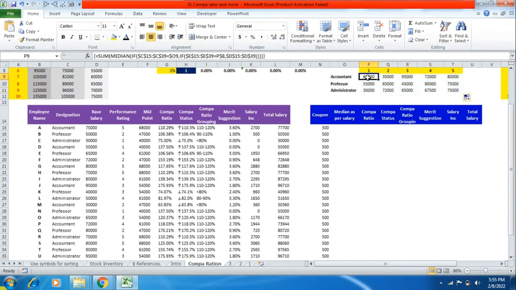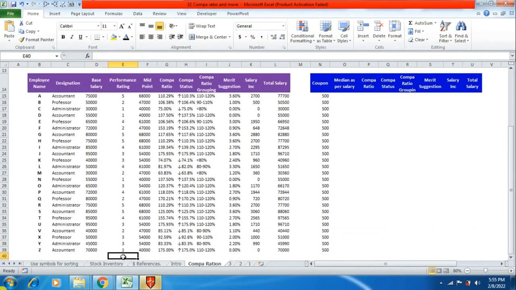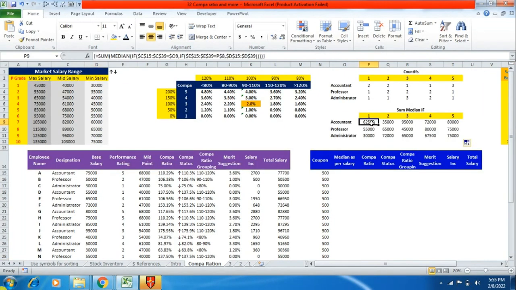How many accountants have got a rating of 1? Right now we see there is only one accountant over here who has got a rating of 1, and the other accountant who has got a rating of 1 should be over here. Yeah, here. So he has a base salary of 70,000 and he has a base salary of 55,000. So we have to add up these two salaries and divide by 2, and accordingly we get a median